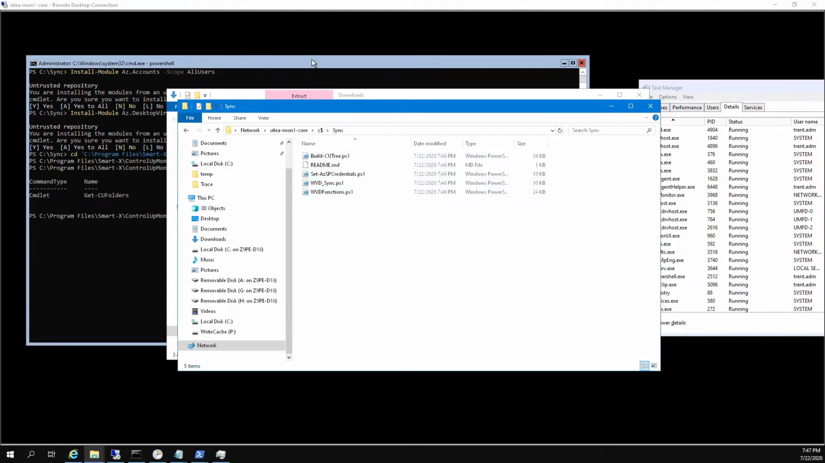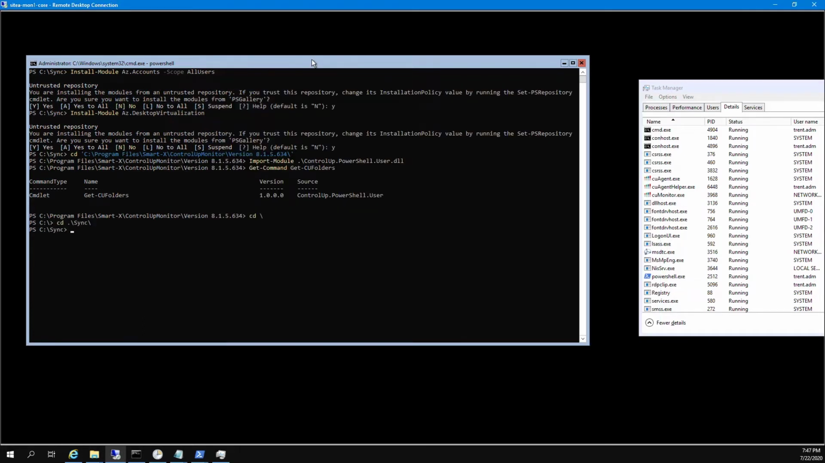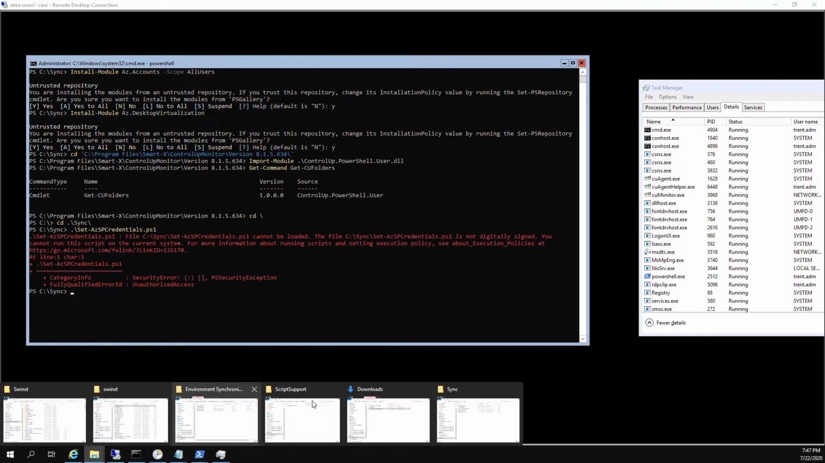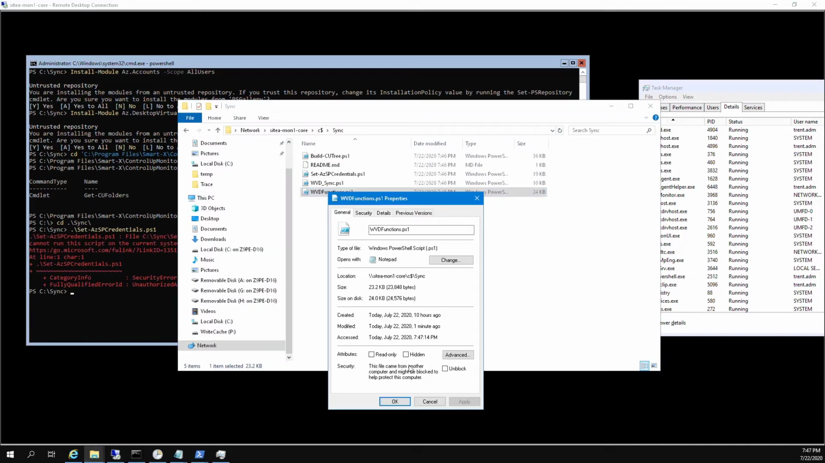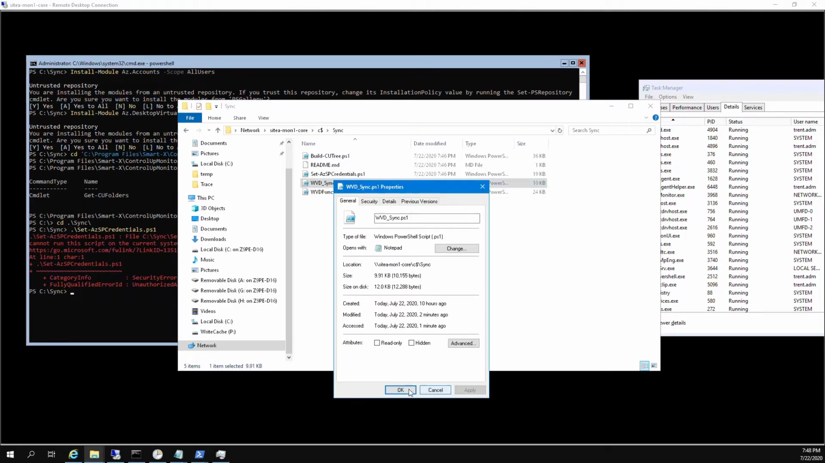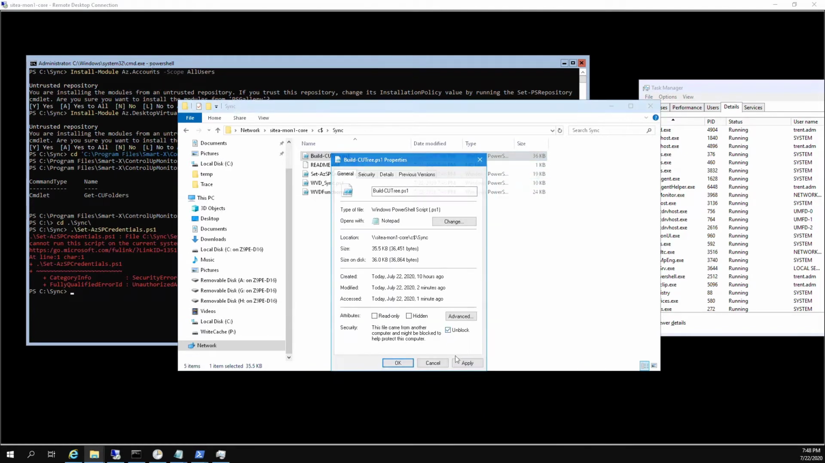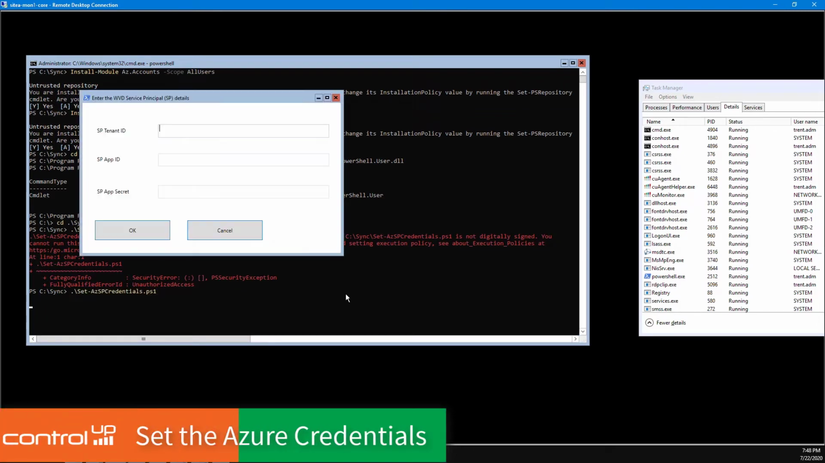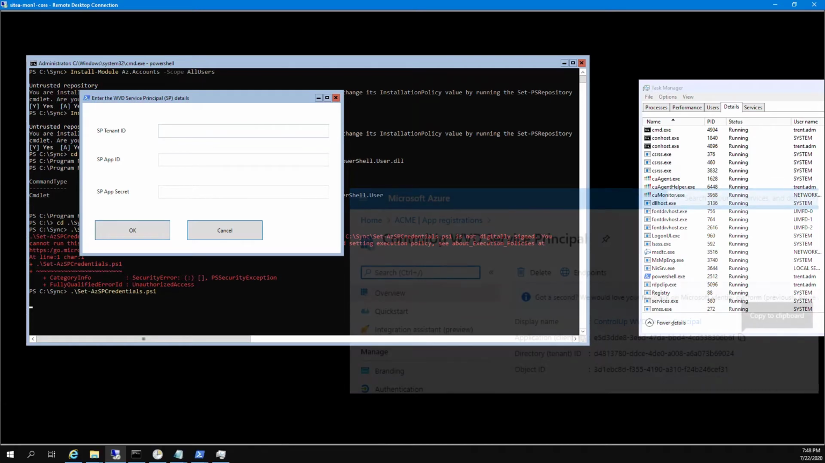Switch back to the console and try to run the Set-AzSPCredentials script. If you get an error, go back to the files, right-click each of them, check the Unblock box and click Apply. Run the Set-AzSPCredentials script again and enter your tenant ID, app ID, and app secret you generated in